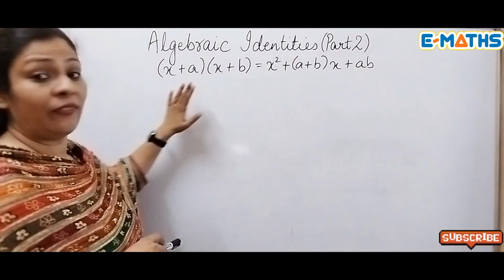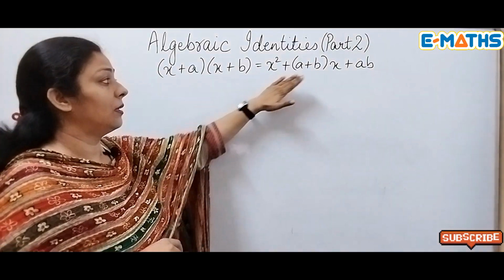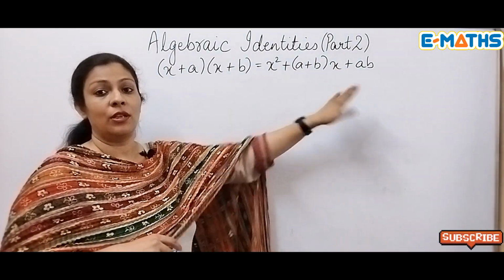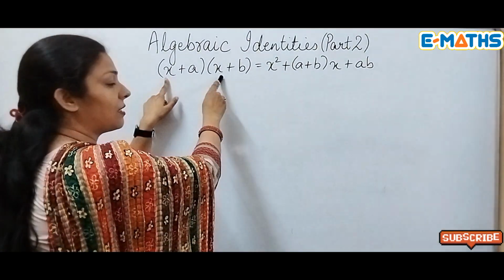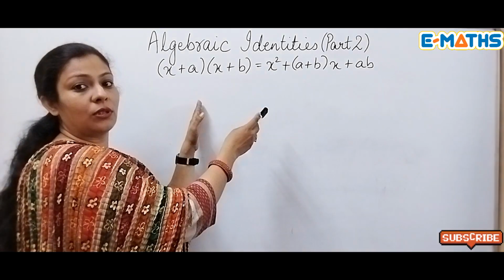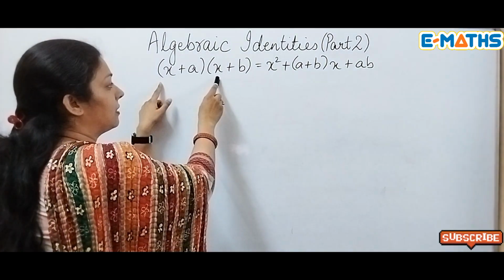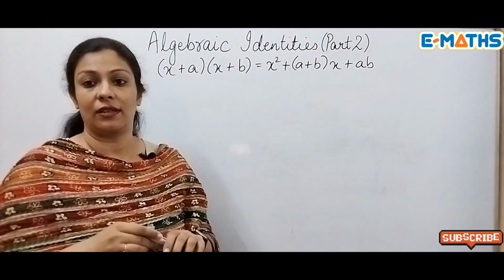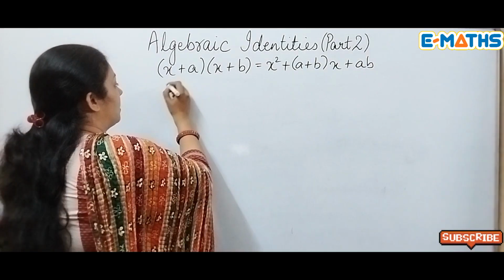So the identity that I have taken today is (x plus a)(x plus b) equals x square plus (a plus b) in the bracket x plus ab. This identity is used when the first term of the brackets is the same and the other two terms are different. That means the first term here is x, which is the same, but the second term of both the brackets is different. So in that case, for example, I'll take a question